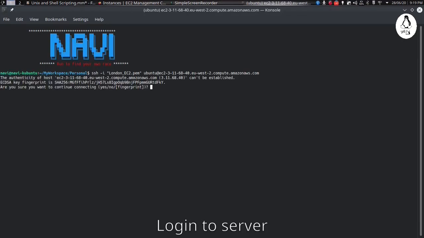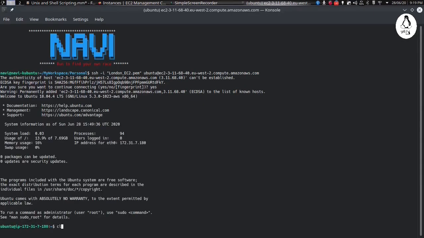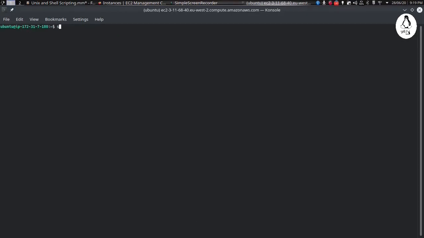First I will log into my server. Then we will update our packages using sudo apt update.